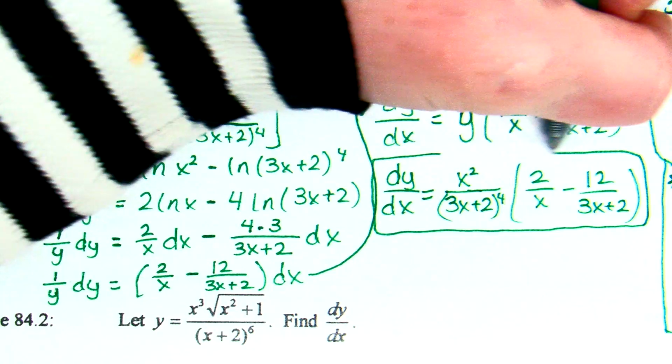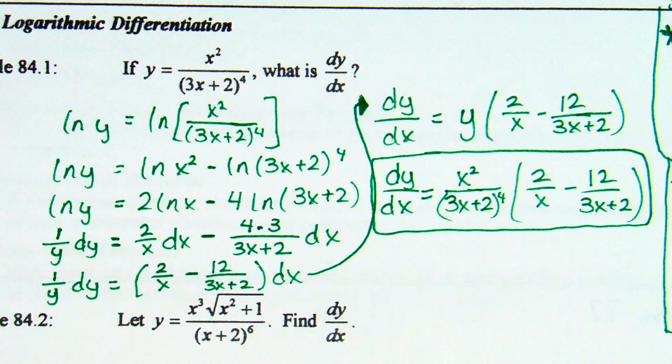It's not pretty. It doesn't have to be pretty. Enjoy the fact that it's not pretty and you don't have to make it pretty. Because if you were doing this with quotient rule, it would not be pretty. It would be a totally different form if we treated it as quotient rule. But,